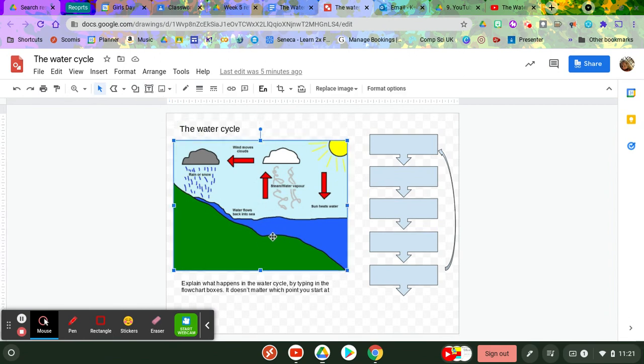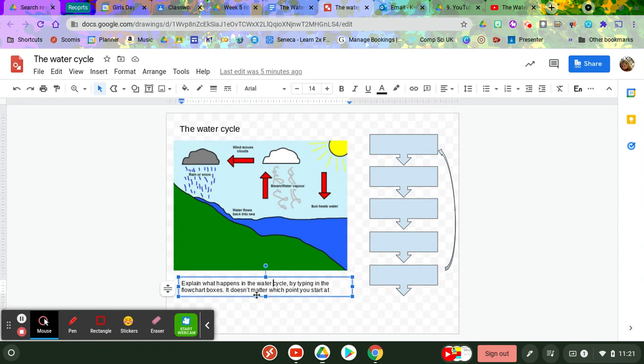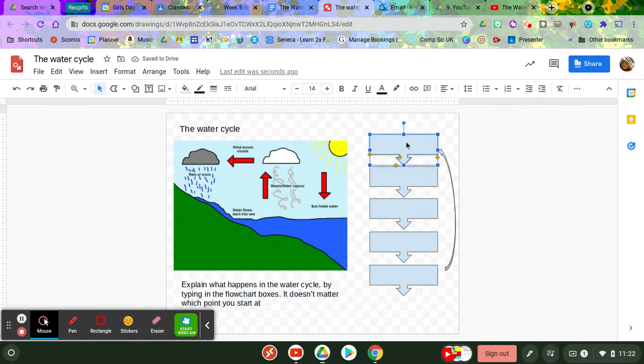I've added an image in here of the water cycle. I've added some instructions here as well, which I can, if I want to, change the size of, just to make it slightly larger. And then I've added some